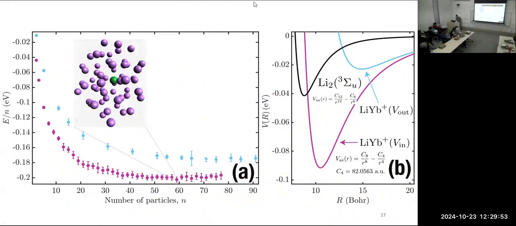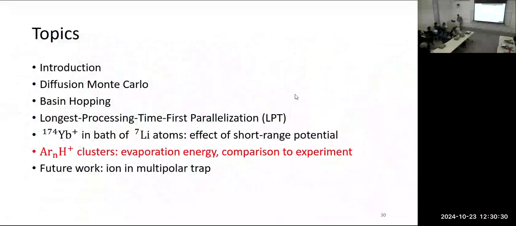On this plot, I tried yet another atom-ion potential depth for the purple and blue curves. The long range of these blue and purple curves is still going to be minus the same C4 over R to the 4th, but I have different C8s here. The purple curve is still slightly deeper than the atom-atom potential energy shown by the black line, and for the purple curve, the most stable atom-ion cluster is still an ion in the middle surrounded by several shells of atoms. And then if you have the atom-ion potential more shallower than the atom-atom potential, it turns out